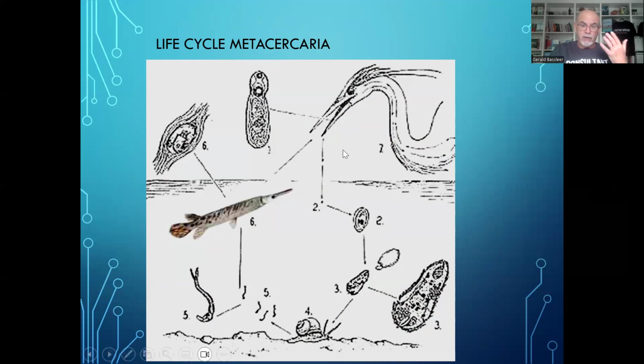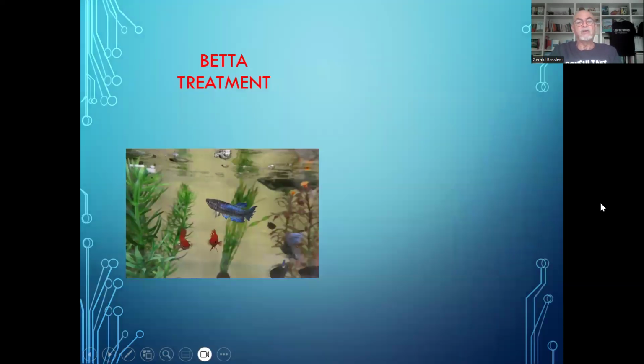Because the parasite has a cycle that passes on through the snail in the pond and then comes as a larvae into the fish. And when the fish is eaten again, the cycle is closed and the bird can continue to reinfect the pond and other ponds in the area. So by understanding the life cycle of Metacercaria, you know how to prevent that the disease can come into